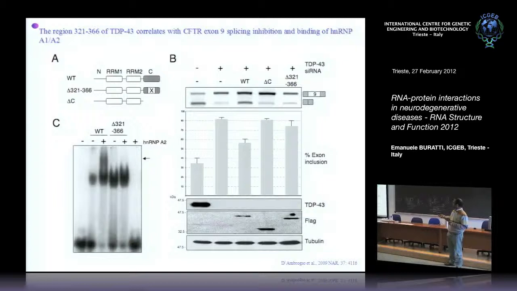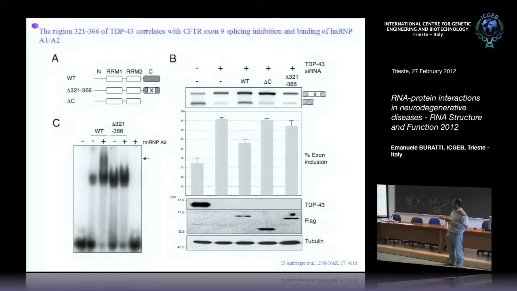And then we removed the sequences in the C-terminal tail of TDP43 that we thought were responsible of binding to HNRNP proteins. Now, as you can see here, putting back a TDP43 that didn't have the C-terminal tail, we could not manage to recover the exon inhibition, and then I won't show you the data, and